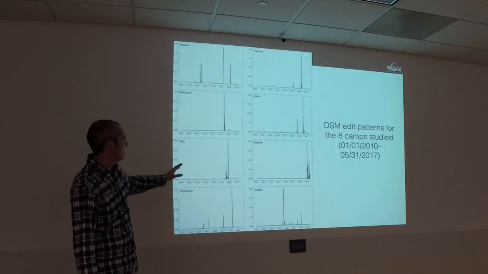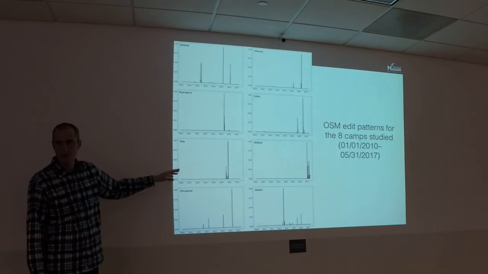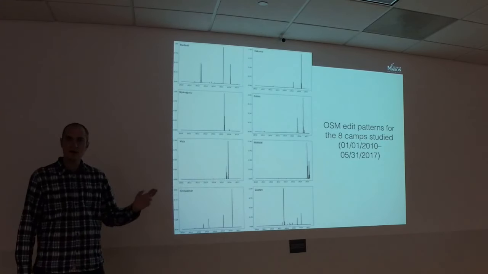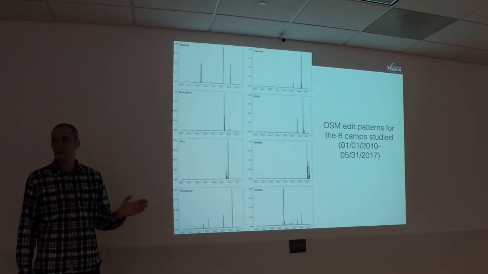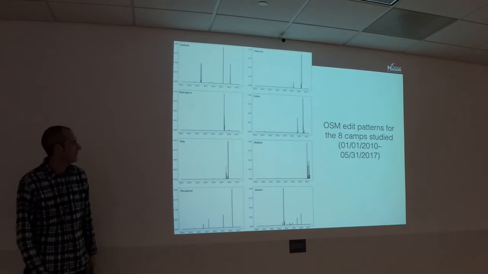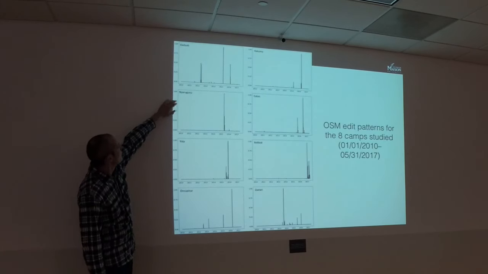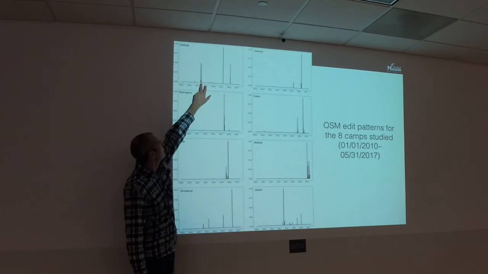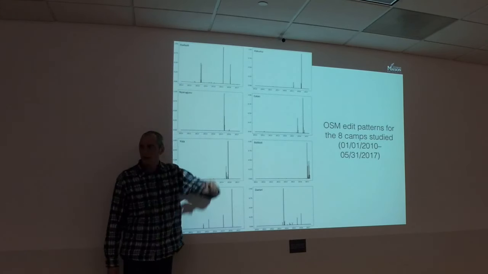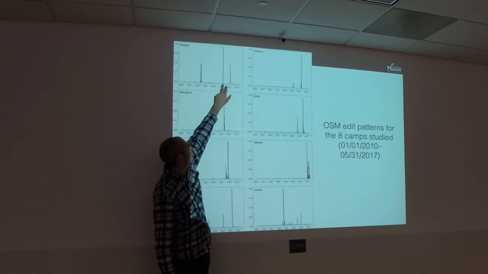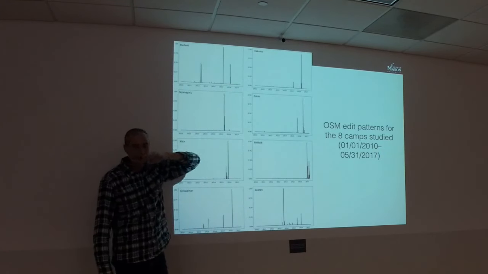So this is the edit pattern of these refugee camps over time from 2010 to 2017. Why do we choose this date range? We could only go back that far with Google Trends, so we had to stop there. You can see that Dadaab is one of the oldest refugee camps. Most of the edits were happening in the middle of 2012. That's when the State Department had their first open source mapping initiatives going on. But then you had other editing patterns during these two events, right?